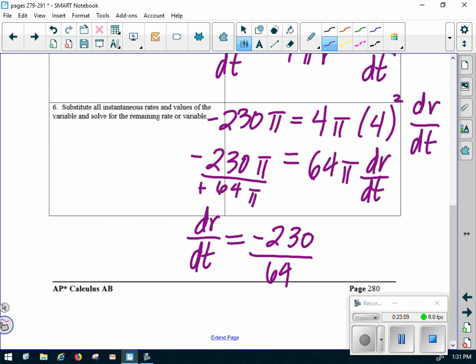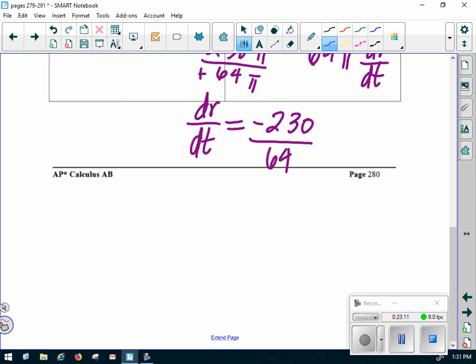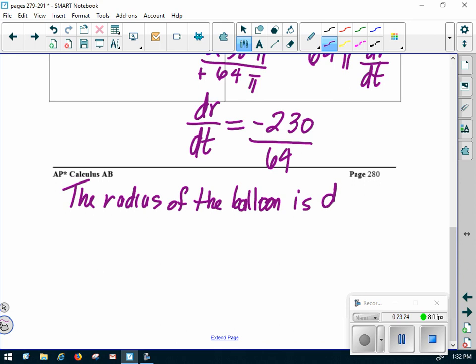Is the radius of the balloon increasing or decreasing? So we're going to say something to the effect of the radius of the balloon is decreasing at a rate of